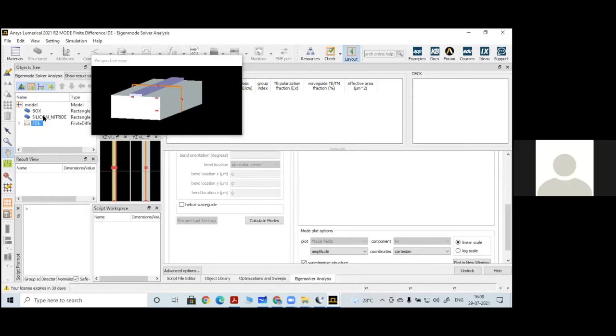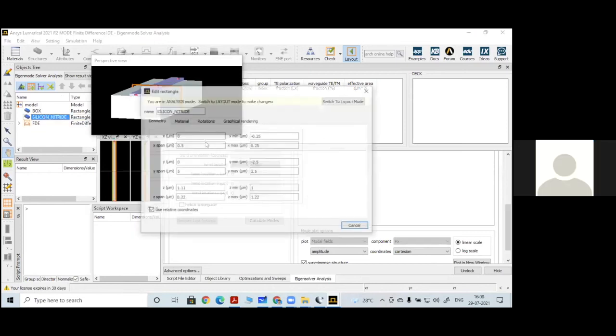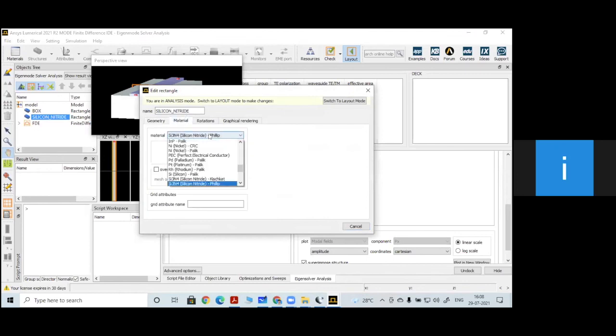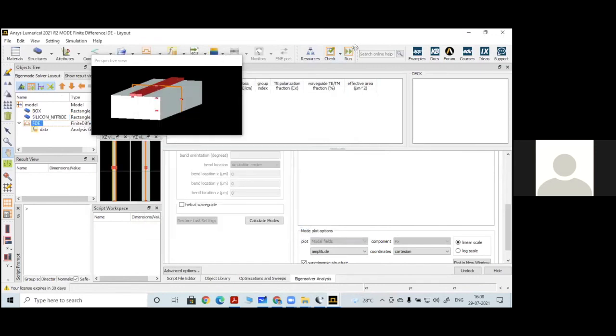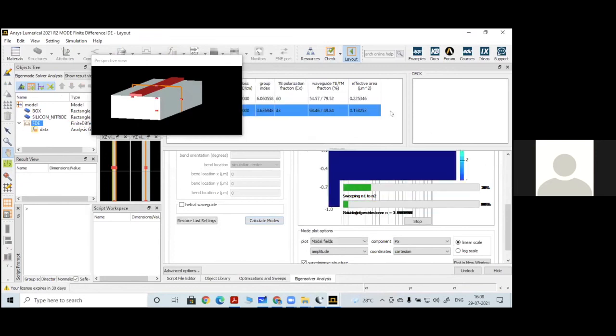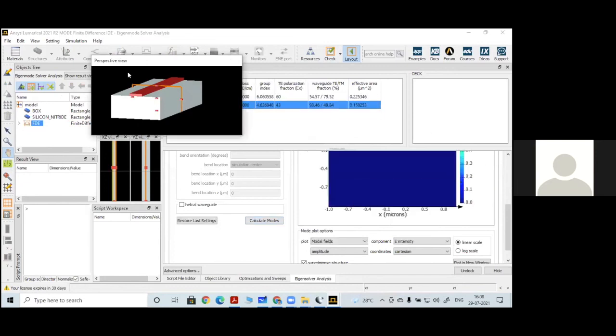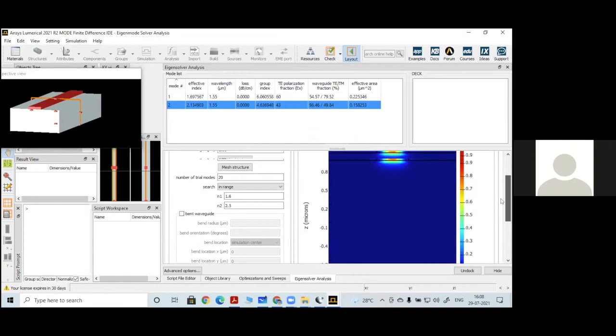Okay, so then one minute. Let me change this once again, the material to silicon. Yes, we got modes here.